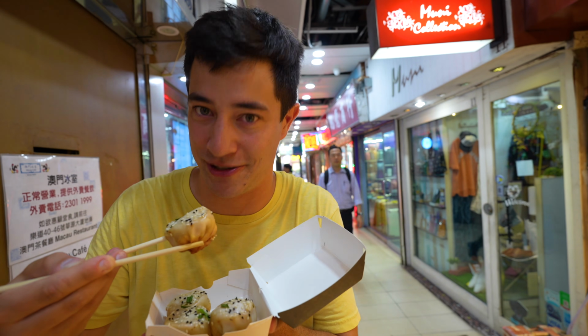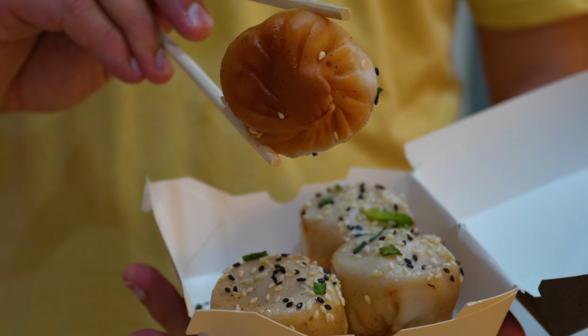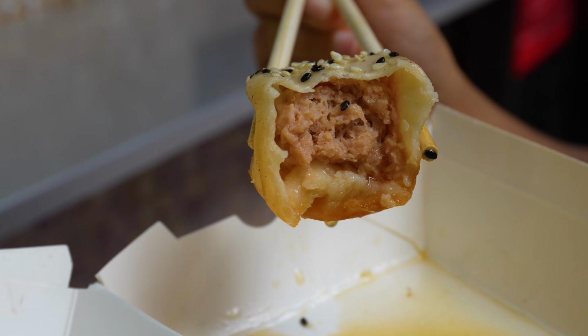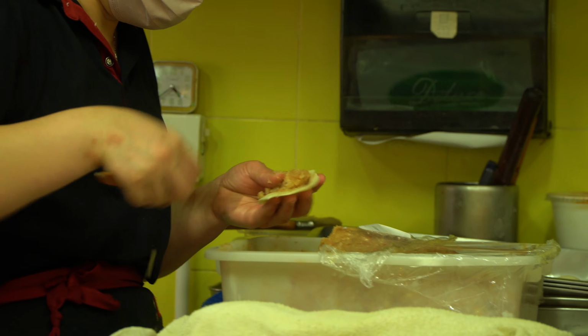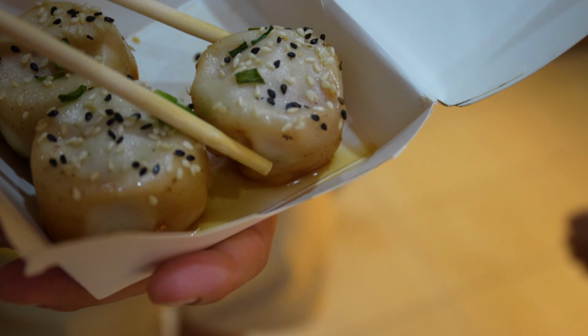Okay, I'm gonna go for a bite. It's quite hot. Crunchy on the bottom. Nice juicy pork. Oh my gosh. Juicy is an understatement. That is ridiculously packed full of soup. The only thing is the dumpling wrapper tastes a bit stale, almost. They've been sitting there. I feel like if you came and had them when they were freshly fried, it would be even better. But okay, I'm gonna really regrettably waste the juice in this one, just so you guys can